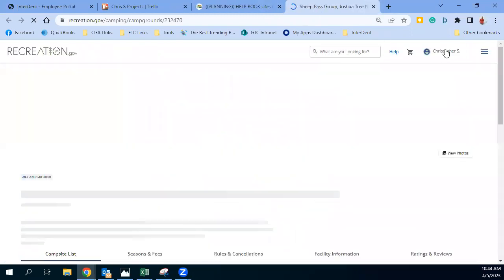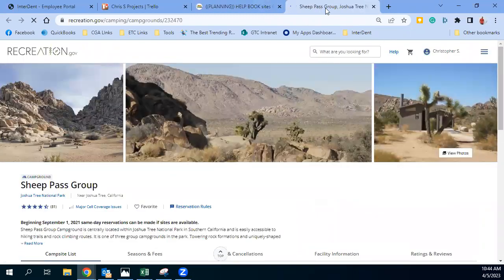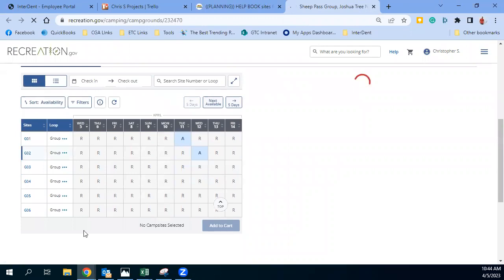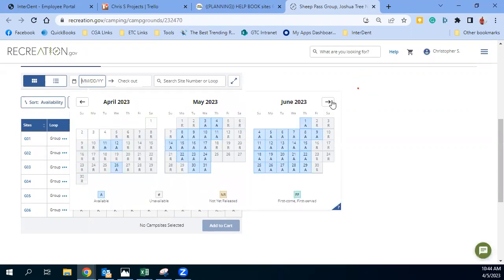Let's close that one out. Still shows I'm logged in, so it went right to Sheep Pass Group Campground. So we're here. What we want to do is go to this section right here. So we're going to start our check-in. I'm going to show you all the way through